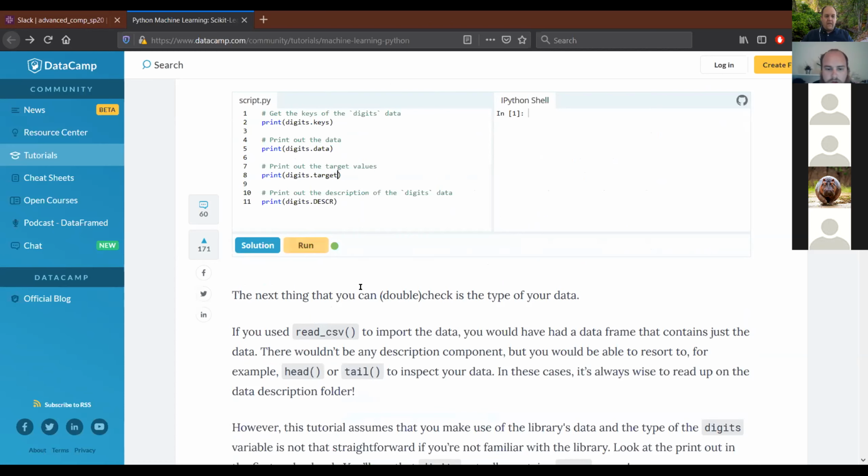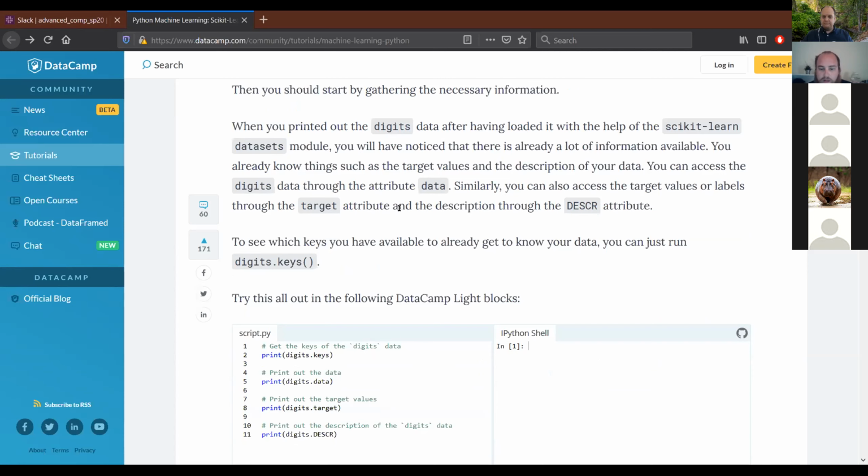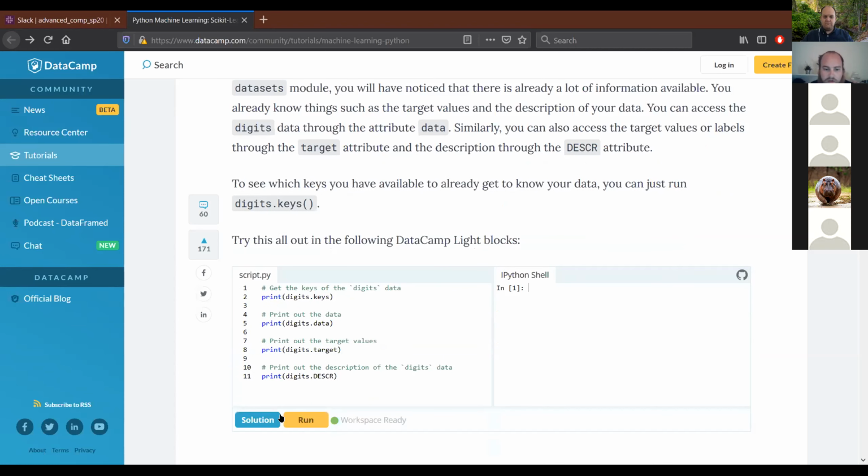Alrighty. So this next bit of code is how the user is able to gather more basic information on the data. With any digits data, you have keys, which are like what you already know is available to get to. Then there's the data, and then you also have your target values, which are from the training sets, and they'll often have a description. So when you run this code,